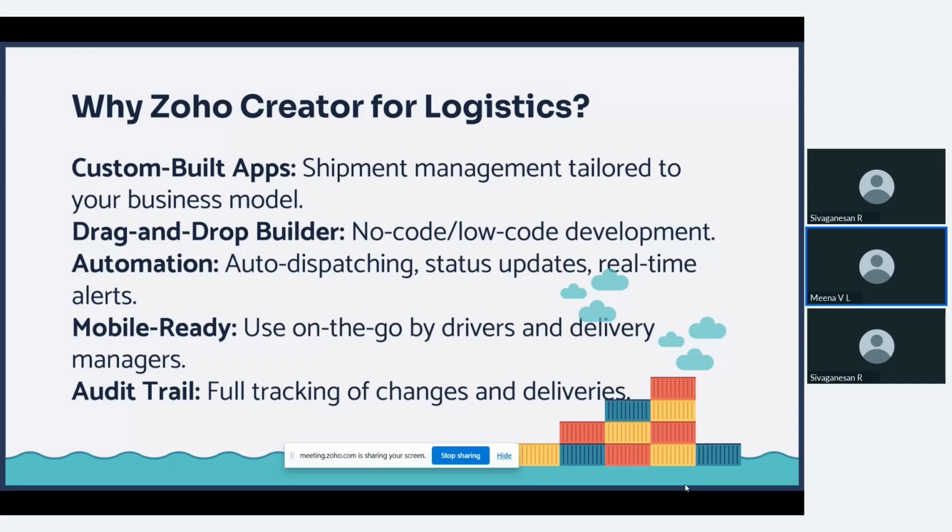And also there are some custom workflows which you can automate. For example, whenever I reach this particular stage of delivery, when the goods are delivered, I want the POD, proof of delivery, to be updated. You can make it mandatory, right? So you can do some kind of automations there. You can prompt the user to give what is needed at what point, right? So all those kinds of automations can be done there.